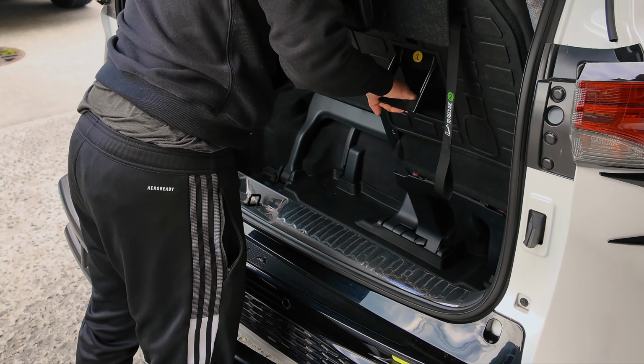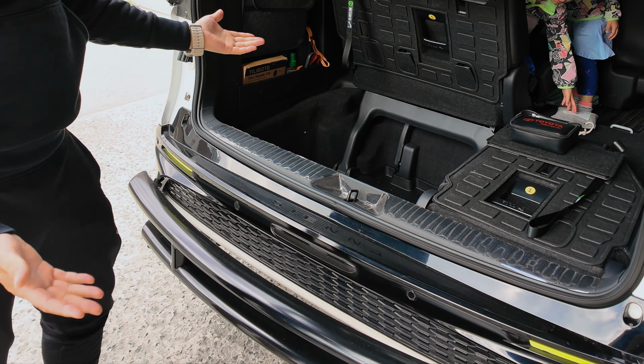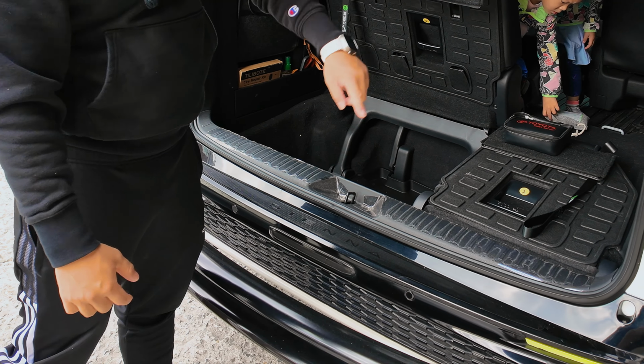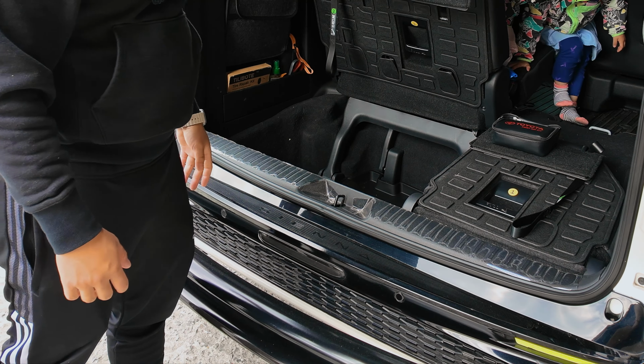Wow, look at this. Power third row seat, right? You can have 60/40 folding split. You can have multiple entryways if for some reason you can't go through the sliding doors. And also, this could be a